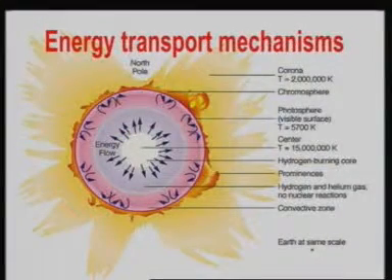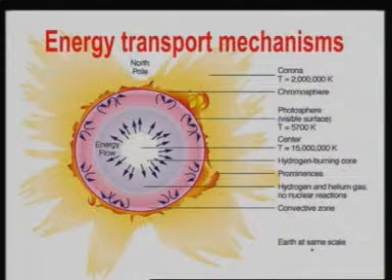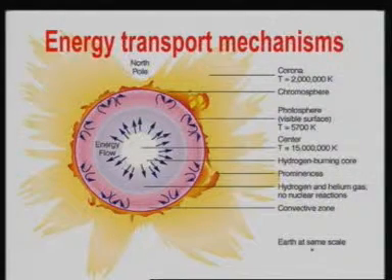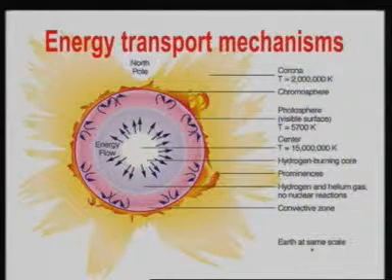In the context of stars, conduction doesn't take place. It takes place only in compact stars. When you study that, you'll be told that conduction is important only in compact stars, very dense stars. For normal stars, we have only two processes, radiation and convection. In the core, where the energy is produced, as you see in this slide, the energy produces a very high temperature in the core. As we told you earlier, the temperature in the sun is of the order of 15 million degrees Kelvin in the core.